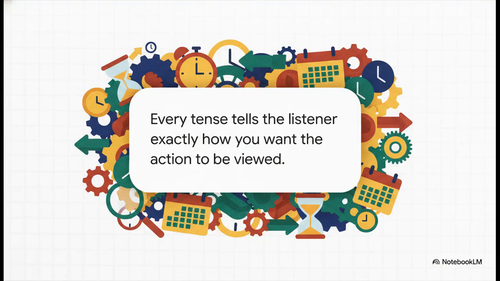You see, mastering English tenses isn't about memorizing 12 rigid, boring formulas. Every single tense tells the listener exactly how you want the action to be viewed. It's all about time, completion, duration, sequence, and perspective. Being an advanced communicator is simply about choosing the precise tool for the job. So the next time you sit down to write an email or you're telling a story to a friend, are you choosing your tenses deliberately